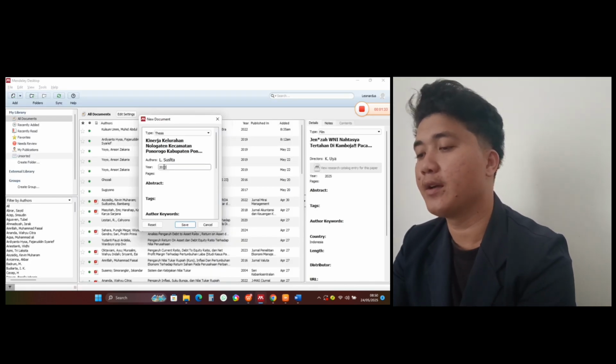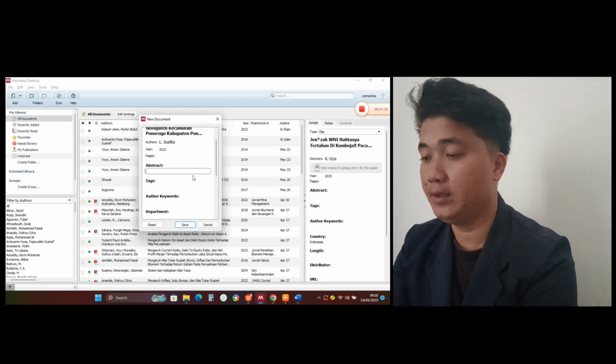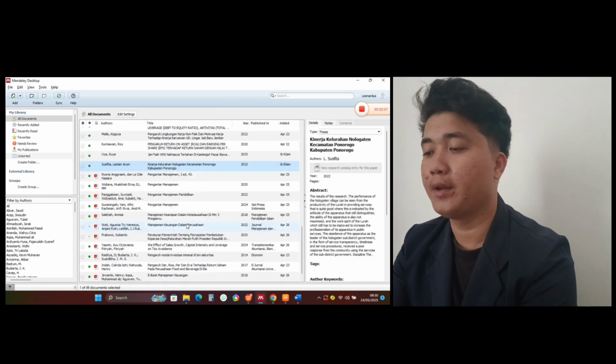After everything has been filled in, click Save, then the journal will appear on the Mendeley screen.